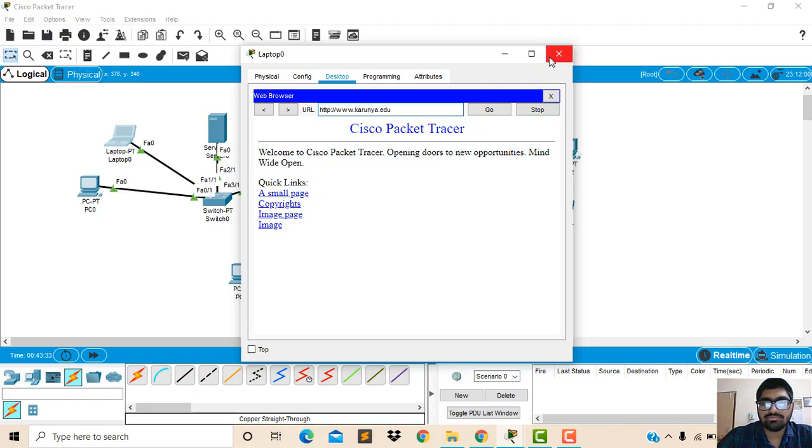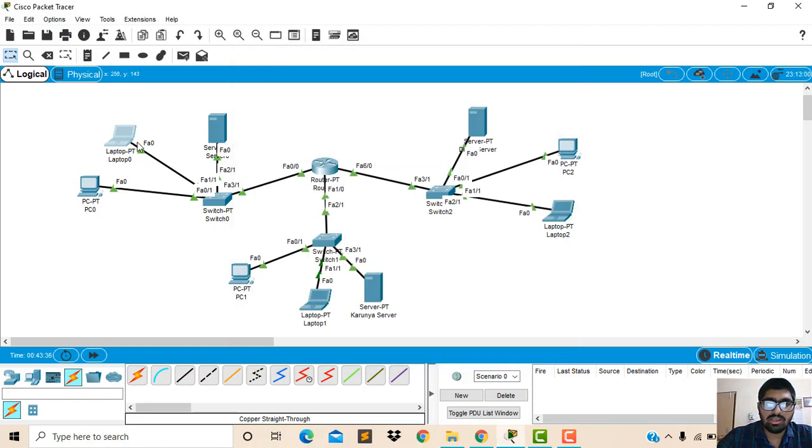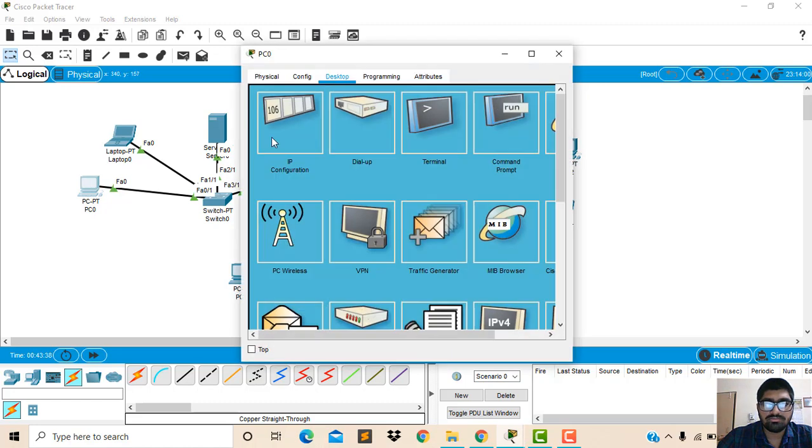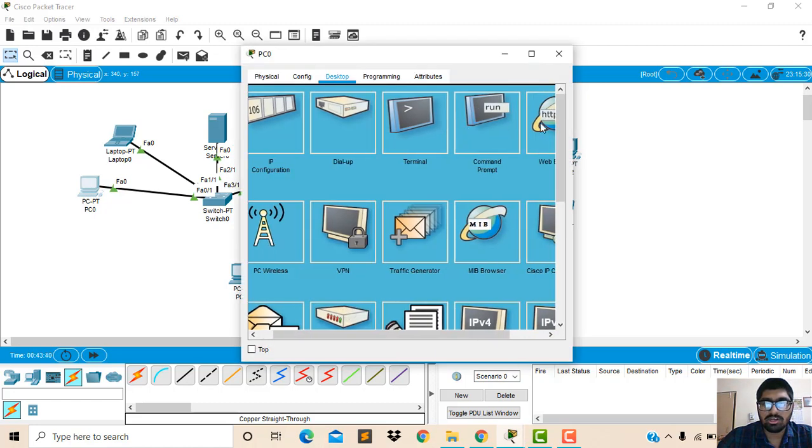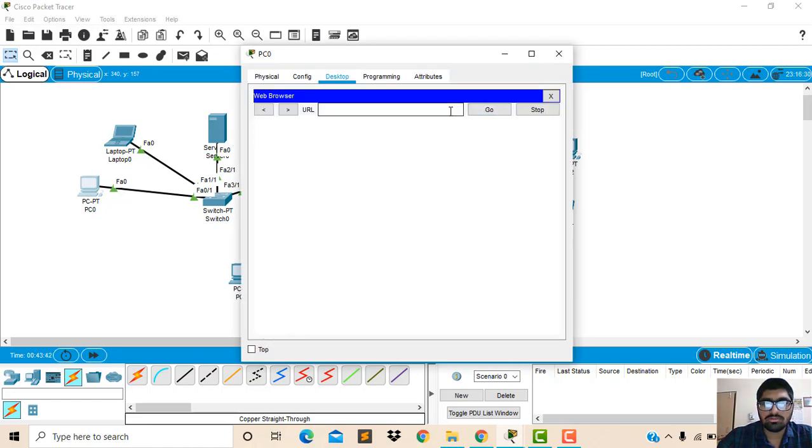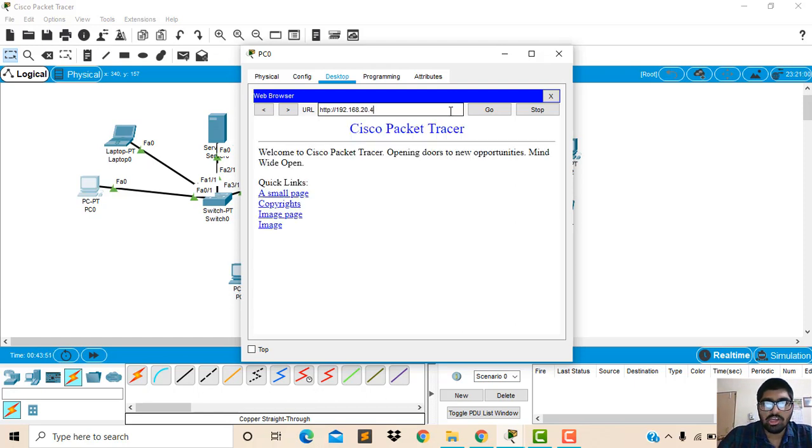Now we will check with the IP address from the first PC by entering 192.168.20.4, the second local area network server. Now when I have entered, it is showing the communication from the second local area network, with HTTP, the hypertext transfer protocol.